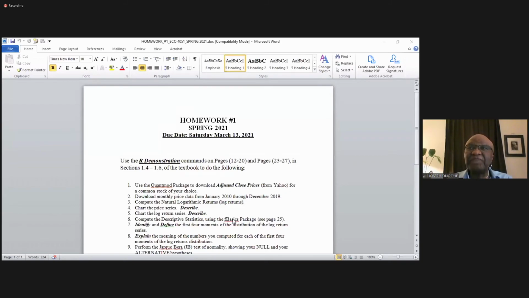In fact, if you download zoo, zoo comes with its own series of little packages. So the first thing I'll ask you to do before you go installing FBasics, try the command library FBasics. And if it's not there, it will give you an error message, and then you know you need to go install it. But chances are, if you took Econ 4000 last year,